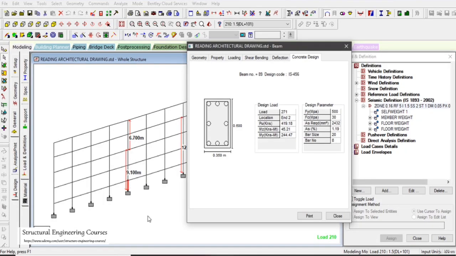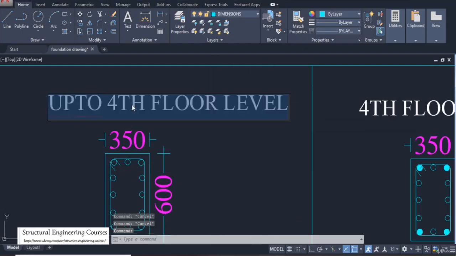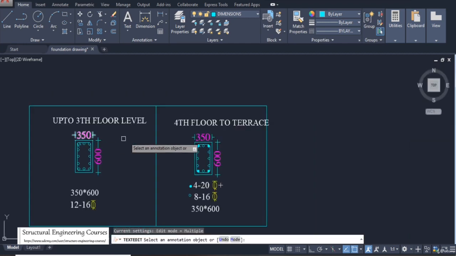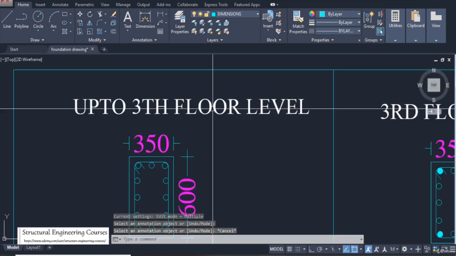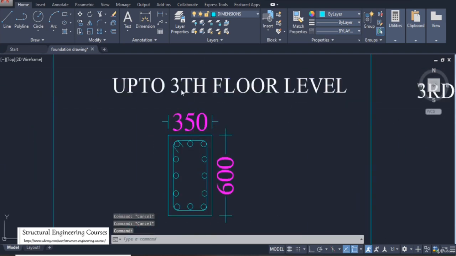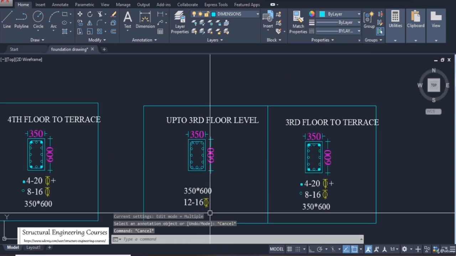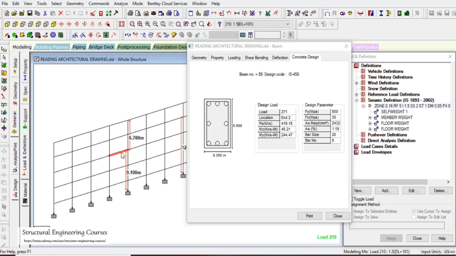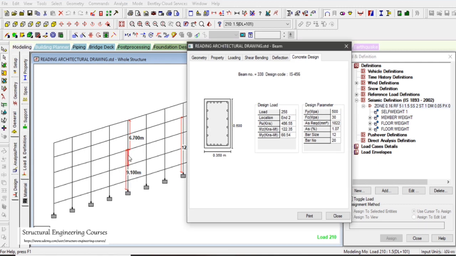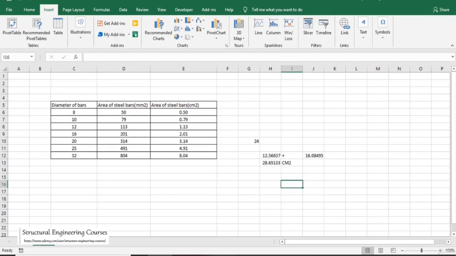So first, second and third floor level, and third to terrace. We should not get confused between the third floor roof and third floor level. Right now we are talking about this level. So this is for second and third floor level. Here the requirement is approximately 25 centimeters square on the higher side only. So for 25 centimeters square,